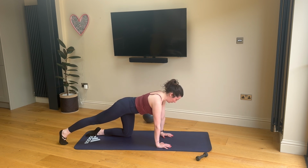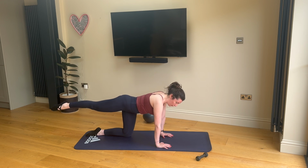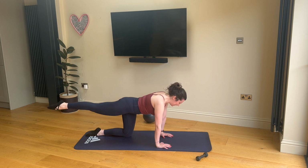Inhale, prepare, shoulders back, scoop the belly. Exhale, lift the foot, bringing the foot to hip height or just as high as you can go without tilting over to the left-hand side, exposing the right hip. Inhale, bring it down. Exhale, lift. Inhale, down for 8,